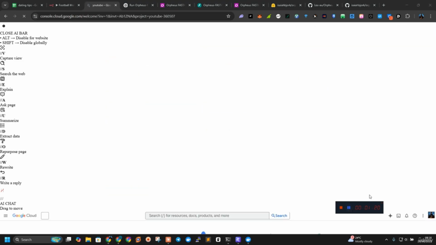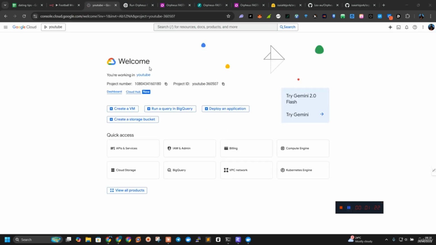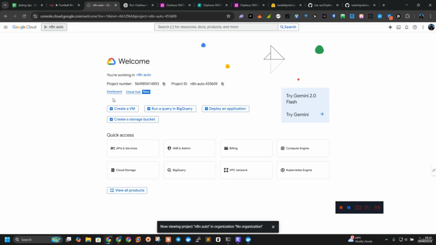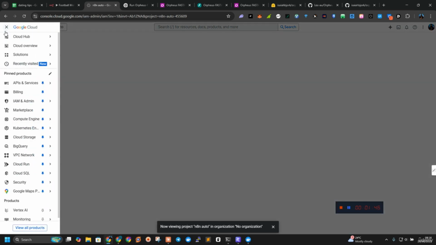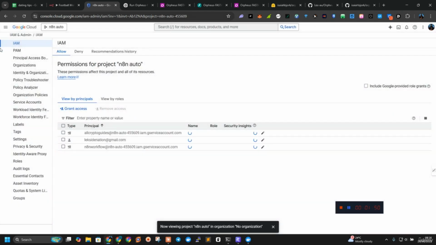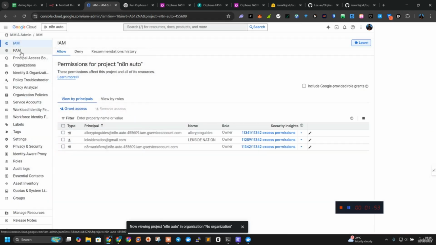And after you get there, as you can see here, this is my new project. If you want to create a project, maybe it's your first time logging into the dashboard, just go here, or it can just ask you to create a project. So this is my project, and I'm going to use it as an example. So let me just pick one of my projects right here, which is n8n Auto, and I'm going to go to AI and admin. And if I can't find that, just go here to the navigation menu and select it. Okay, just select it. Then after you are done, you have to go to